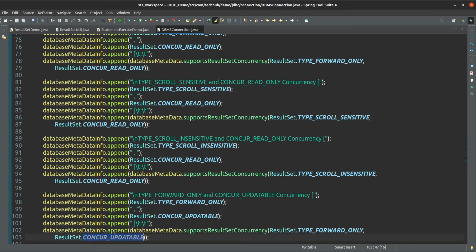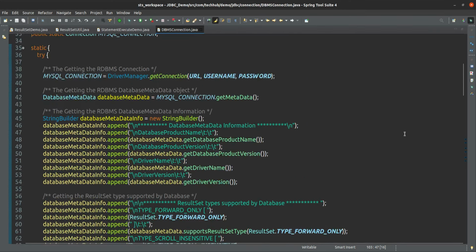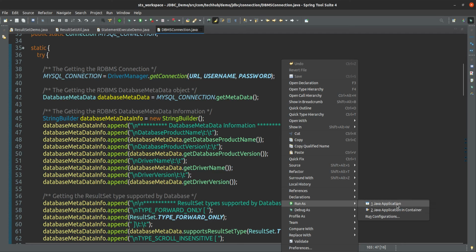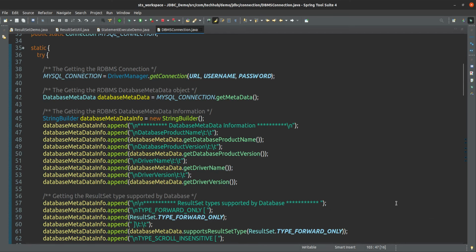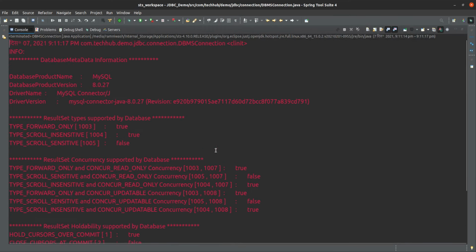What our database is currently supporting, we can get from here. If I run this, you will see this detail. Our database supports type forward only, because this is the default type.